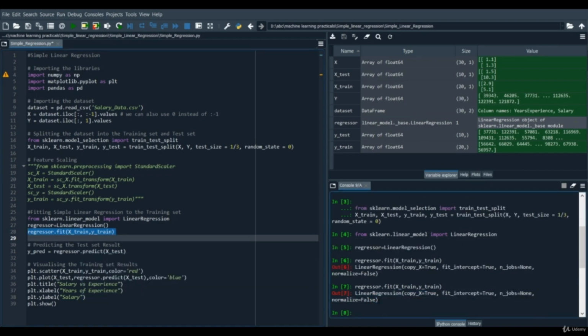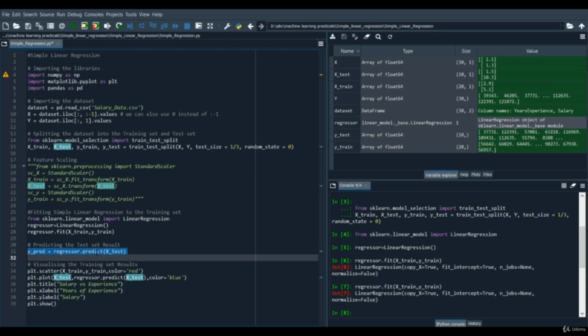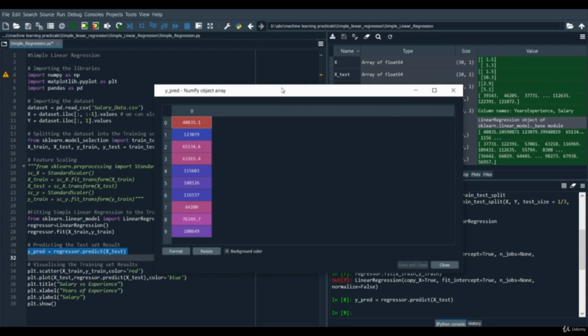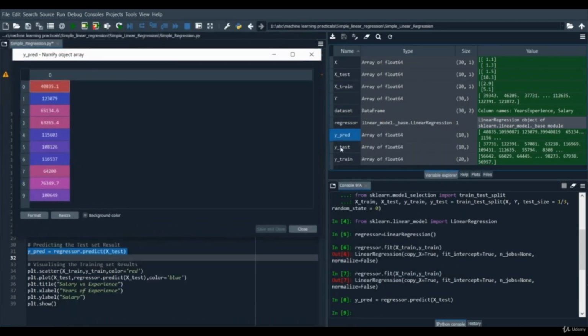Now after creating our linear regression model and fitting it to the training set, it's ready to make predictions. In order to validate, we are going to make predictions over the independent variable of the testing data, and then compare the dependent variable of the testing data with the prediction we made. As you can see here, we use the regressor.predict function to make predictions for x_test, and store the output into the y_pred variable. Executing this line of code will create y_pred, which contains the predictions made by our model. Now we are going to compare it with y_test, that is the actual value.